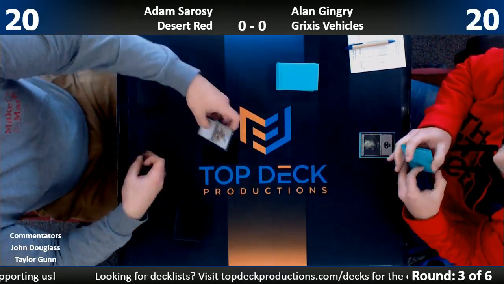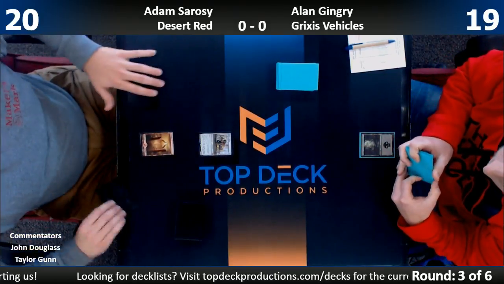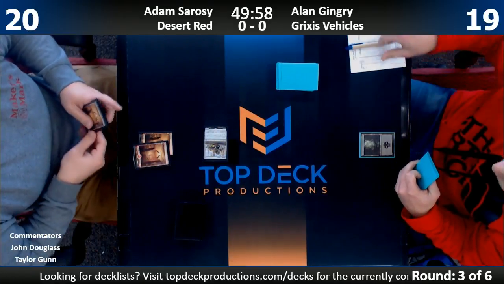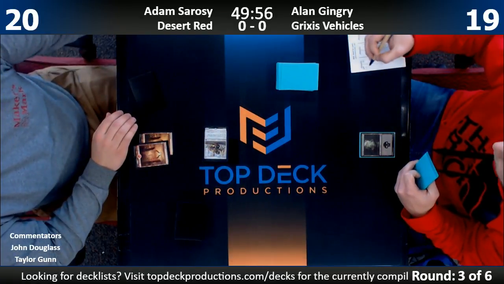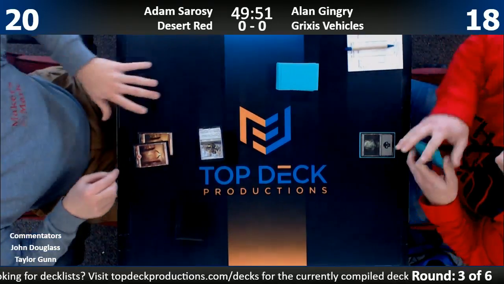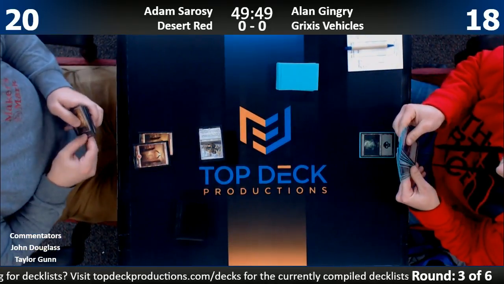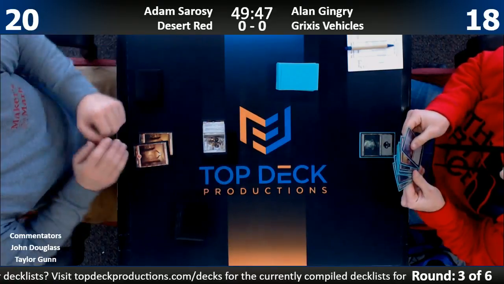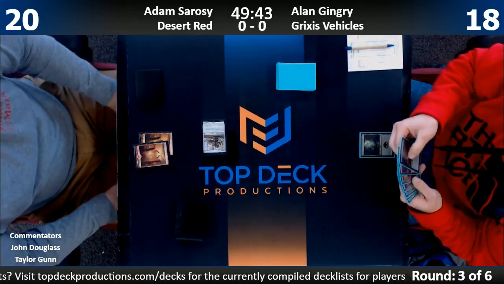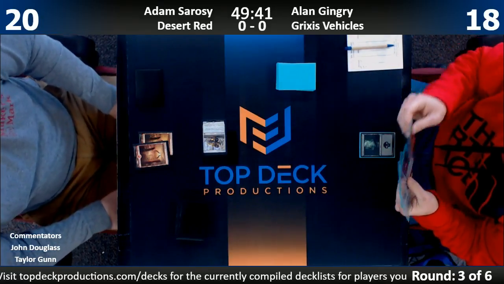Here. So we've got a Bowmat Courier, turn 1 from Adam. Did he miss his trigger? I didn't see, there's a card under there. Okay. All right, missed his trigger there. All right. No action so far from the Grixis deck, just the black, and